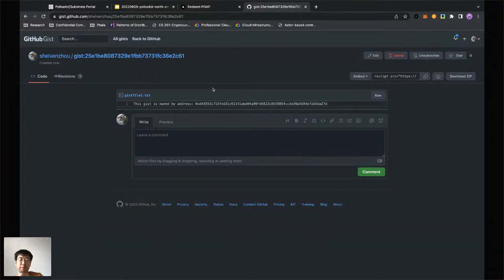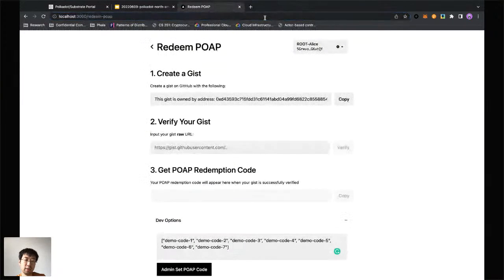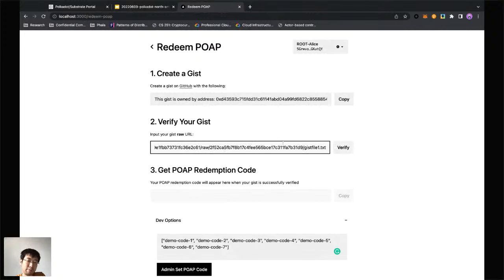Okay, so I have published the contents, and let's get the link. After I paste the link here and click verify, our contract will send the HTTP request directly to GitHub to verify that you really posted the expected contents. So it will know that you really own this account.